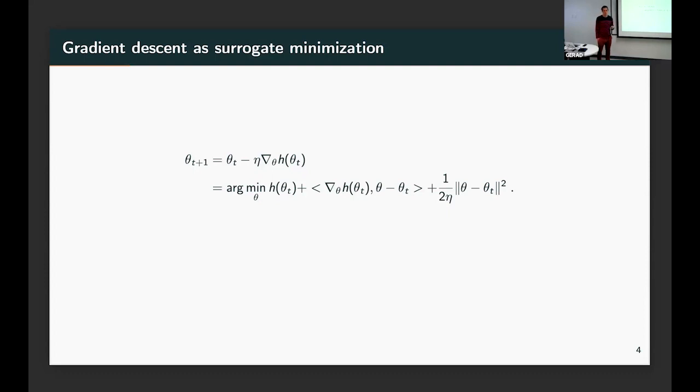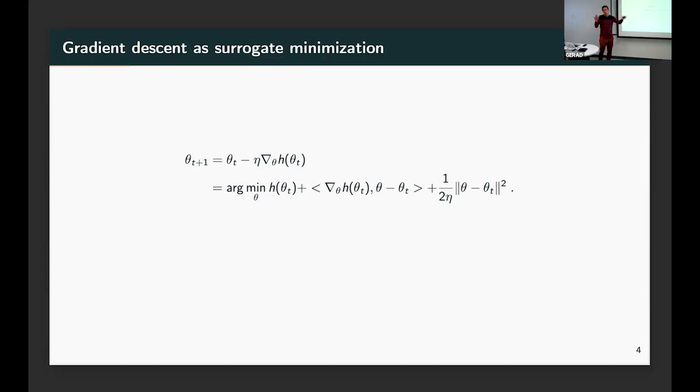There's another perspective which is going to be very useful today, and I think in general this is useful, which is that of a surrogate. So what I'm going to say is my function h is going to be hard to minimize because potentially it can be complex. So what I'm going to do is I'm going to build a second order expansion of that function h around my current point. Right, so you can really view this as I'm building the second order Taylor expansion. So I'm building this quadratic approximation of my function h, and now I'm going to minimize this quadratic approximation instead of minimizing h. And if you compute the minimum of this quadratic approximation, you literally fall back on this, right?